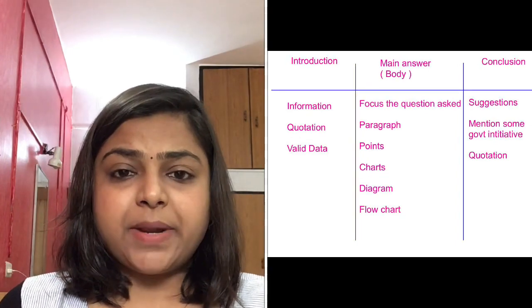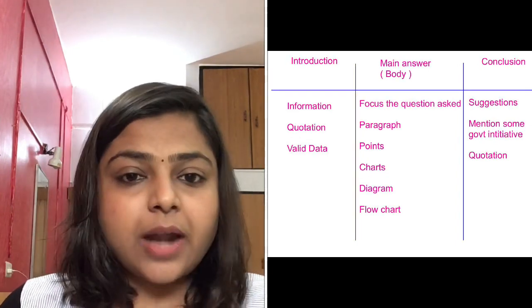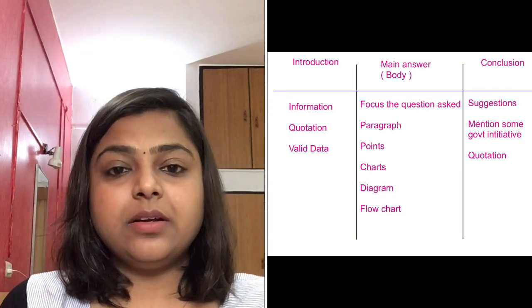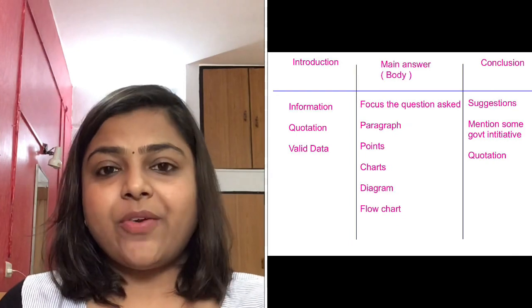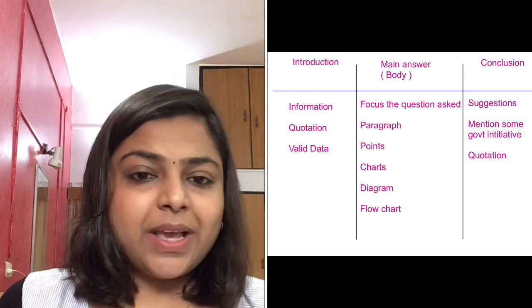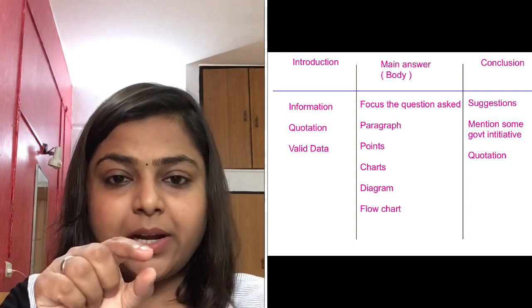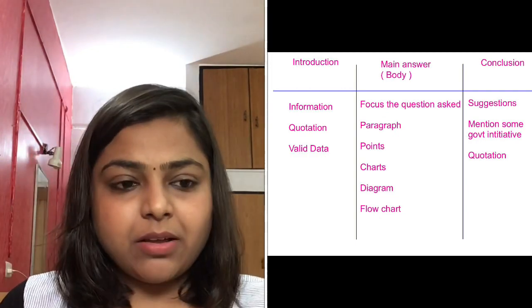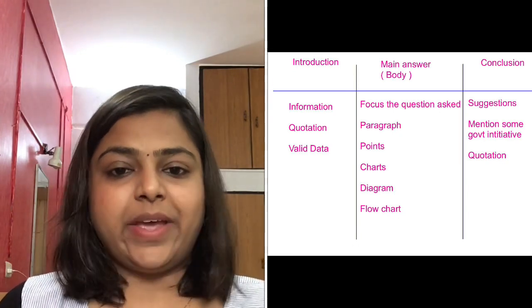You should always present some chart or flow chart. For example, if you are writing about the functions, or the benefits, or the negatives, you should just make a circle, write the heading, such as negative, in the middle, and write the points around it. That will give a brief view to the examiner.